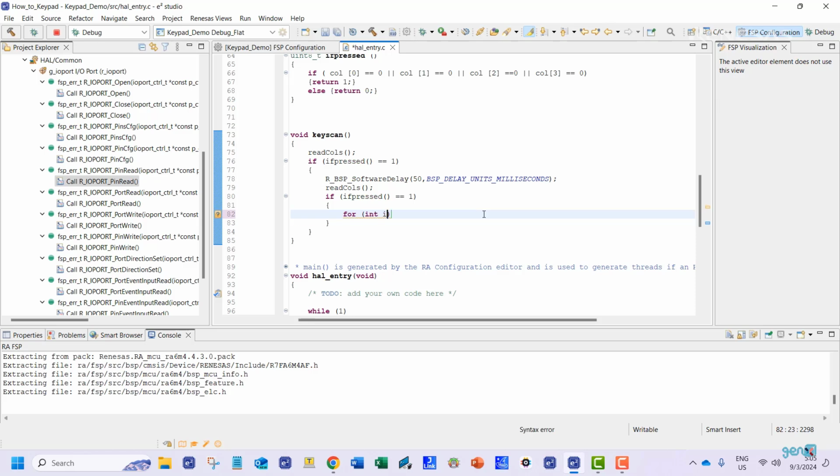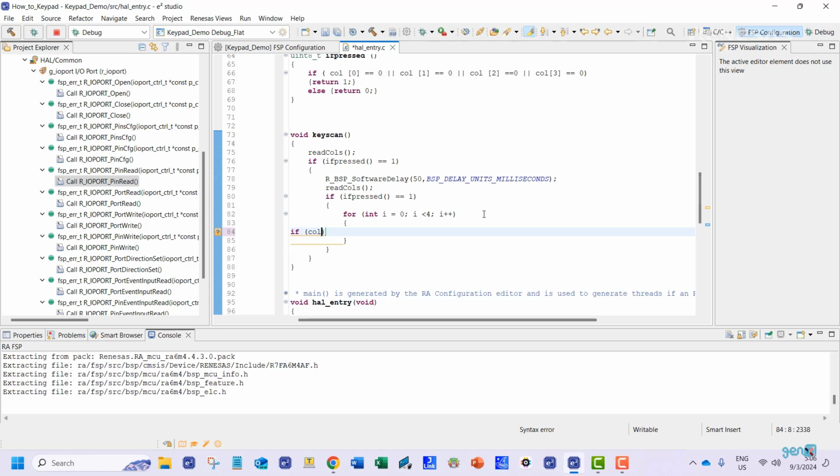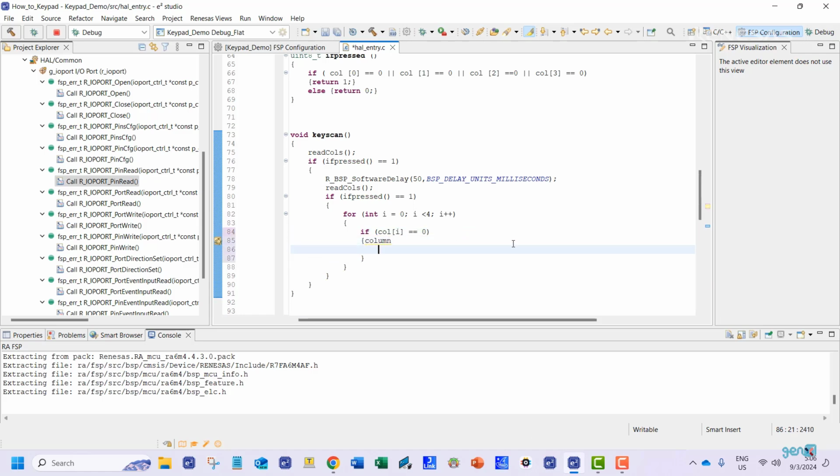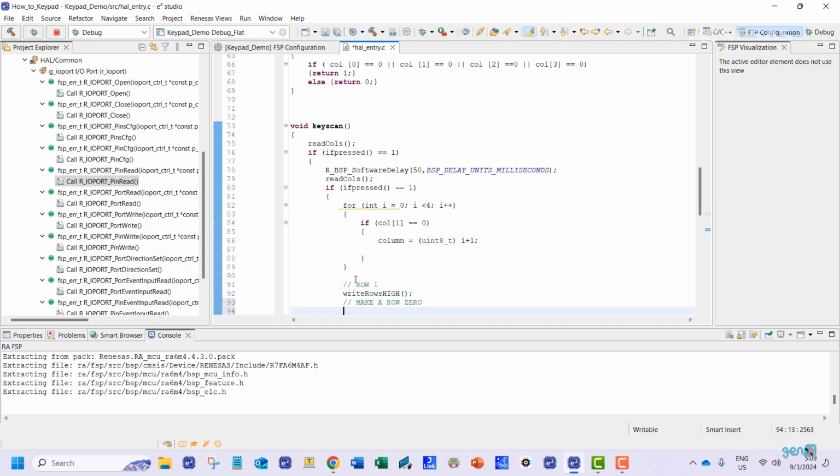Now, as we have already registered a key press by scanning the columns, we shall store the location of the column first. The column which has rendered a 0 value is the column where the pressed key is located. Next, we are going to check for the row. We will go row by row for this procedure. For each row,